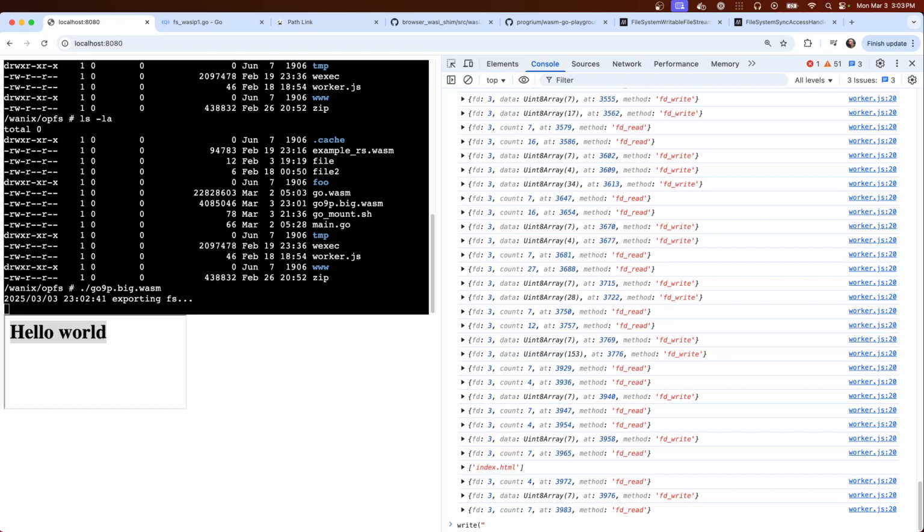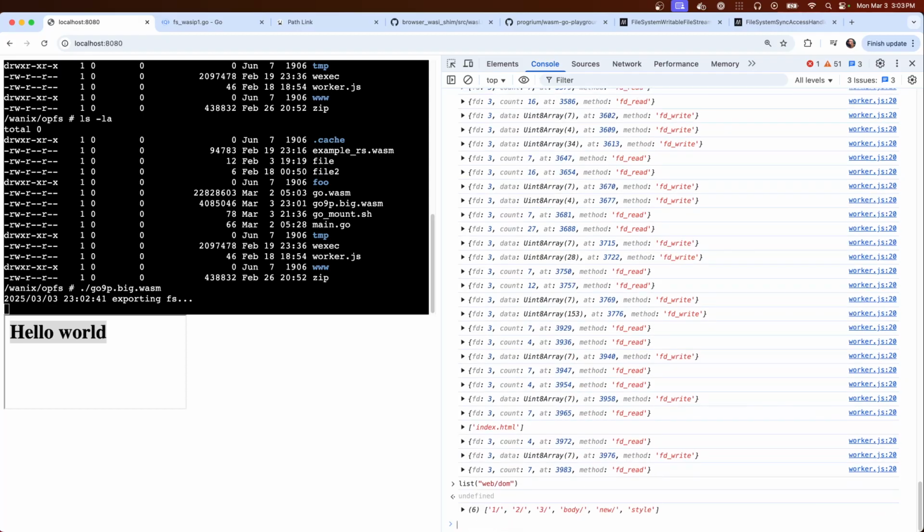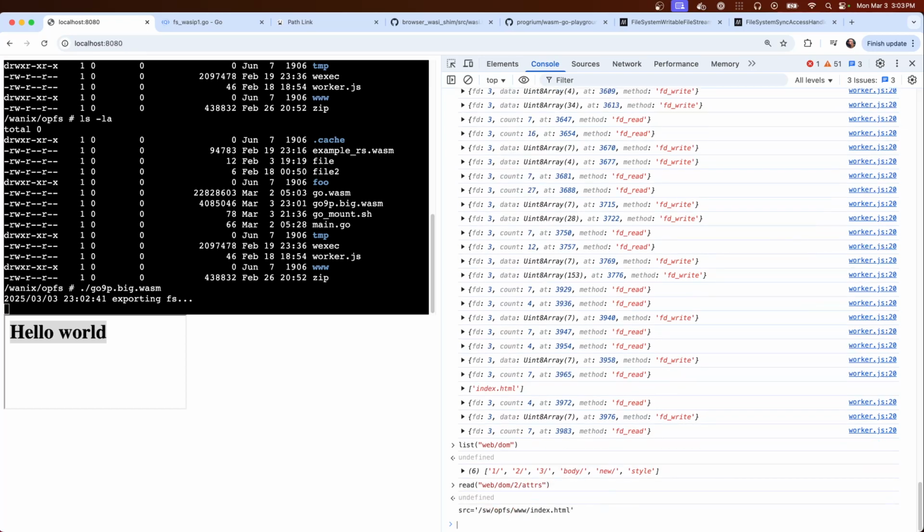So that would be web DOM. I don't remember which one it was. List web DOM. Three or two? I feel like it was two. Okay. So we should be able to just edit this.